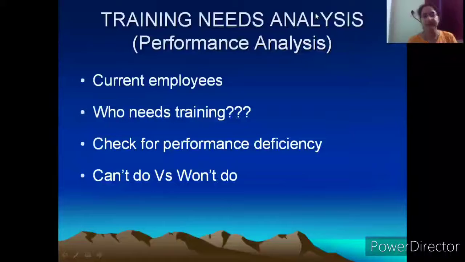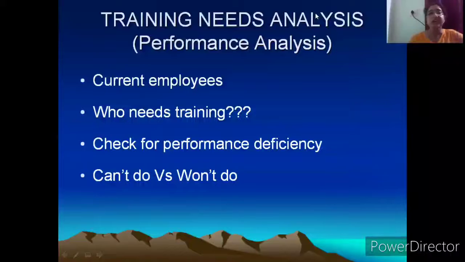Similarly, in the previous example that I gave you, when all the other employees of the Salesforce department are able to strike 10 sales contracts, why is it that Mr. John is able to strike only 6 sales contracts? So there, once we recognize the performance deficiency, we can always impart additional training to John, or think of other options also, like transferring him or something. Okay, so that we can just see later. One more.